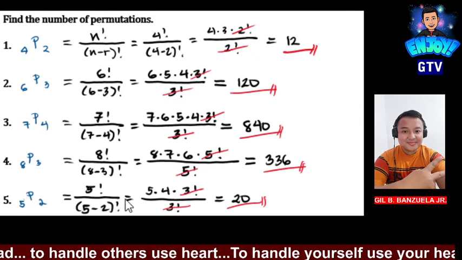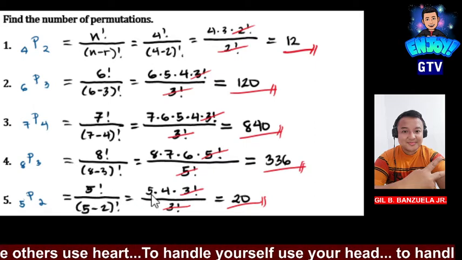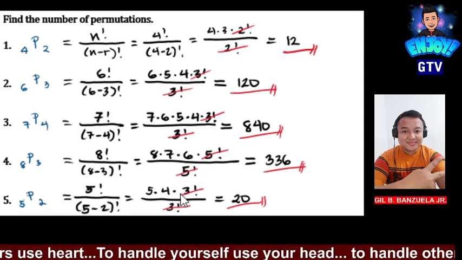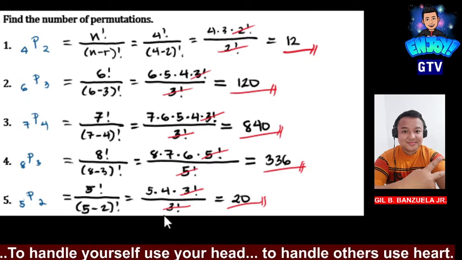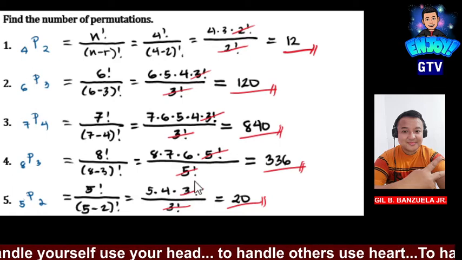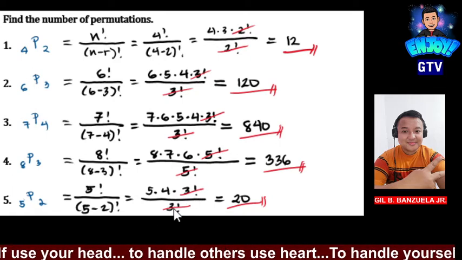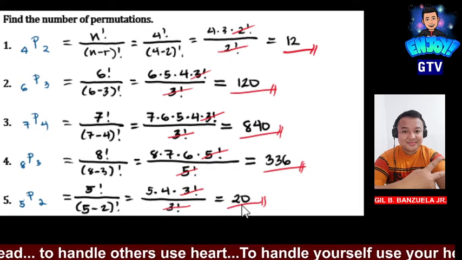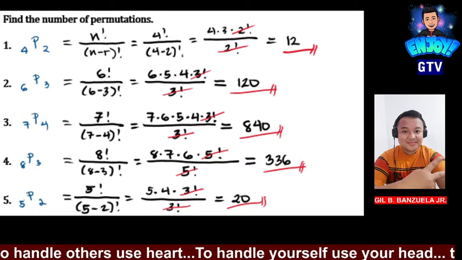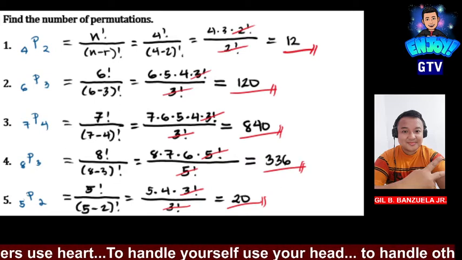minus 2 factorial is equal to, expand 5 factorial into 5 times 4 times 3 factorial divided by 3 factorial is equal to, after canceling 3 factorial on both numerator and denominator, that leaves us 5 times 4, and that is equal to 20. And these are the basic problems and skills to be understood